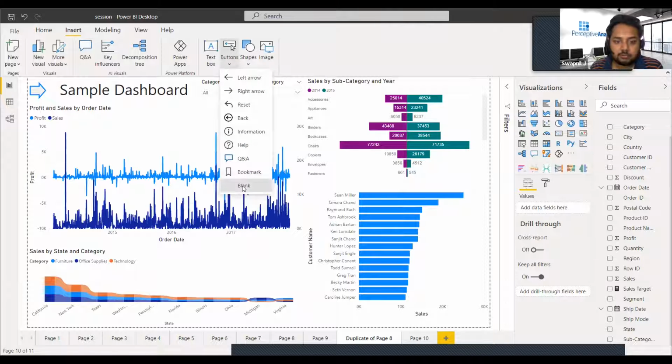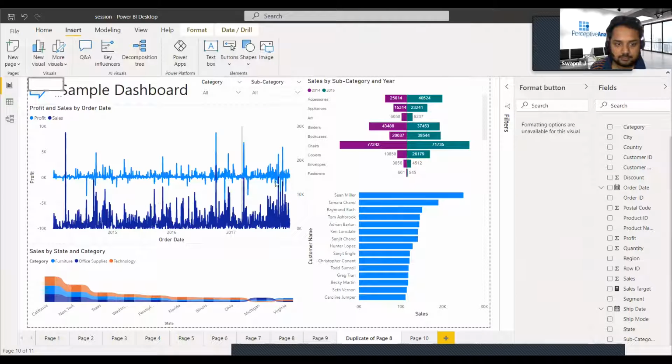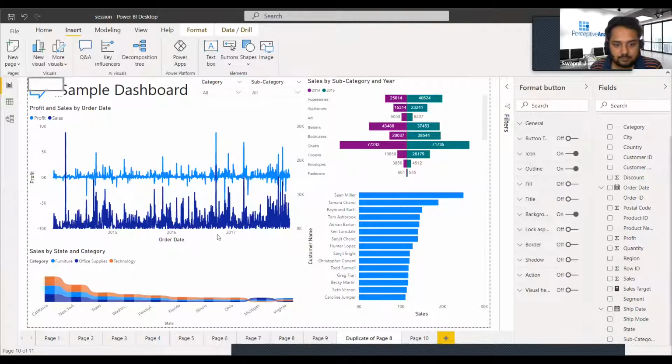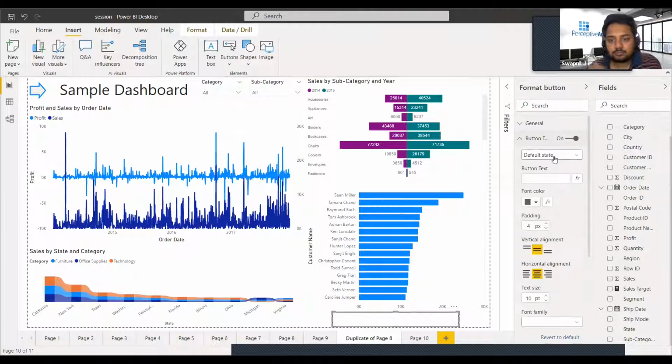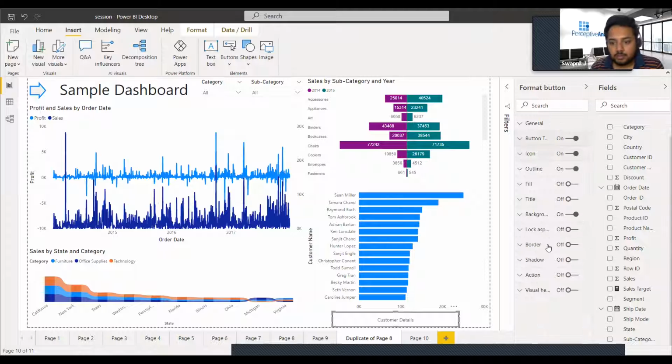Let's say a blank button, and we can give the text we want on it. Customer details. So we'll give this name, and we'll go to action again in here.